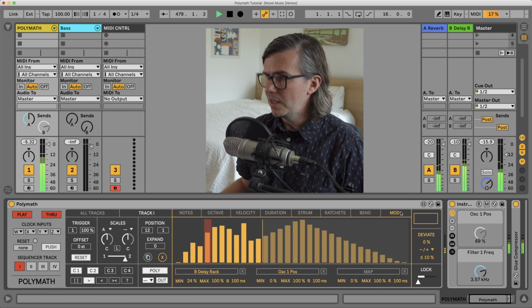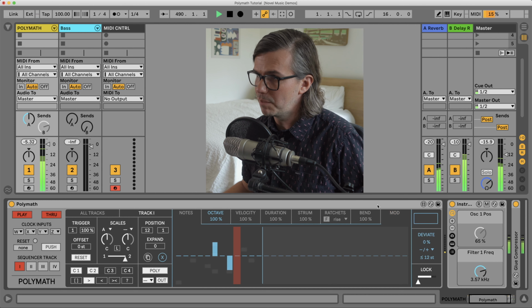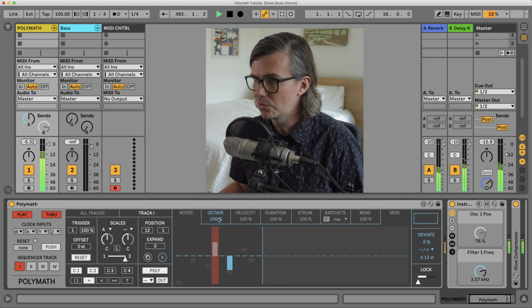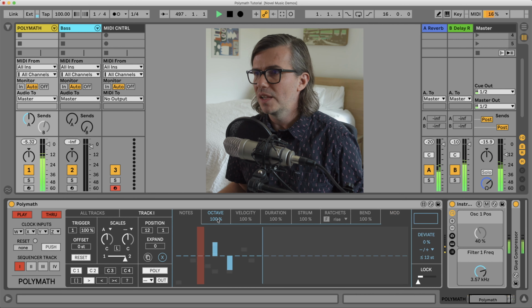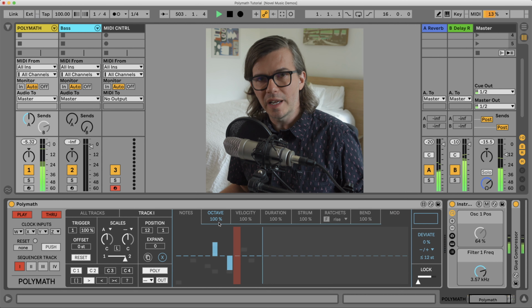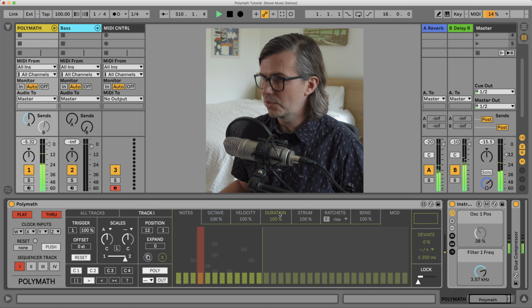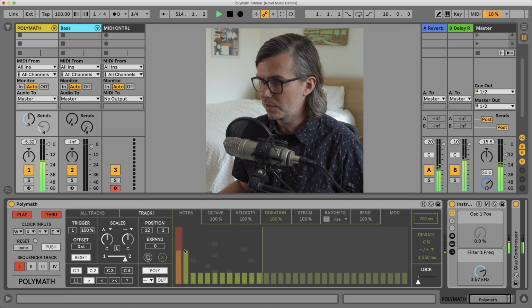Both the notes and mod tabs do not have additional options under them. However, the octave, velocity, duration, strum, ratchet, and bend sequencer lanes do, and this represents how much of the sequencer value should actually affect the resulting sound. So let's use, for instance, duration as an example. Here I'll have,